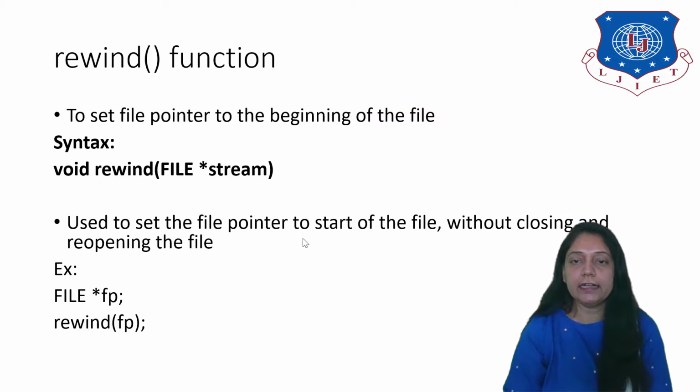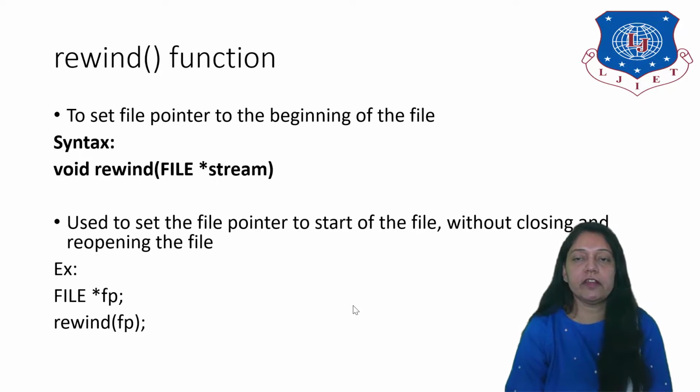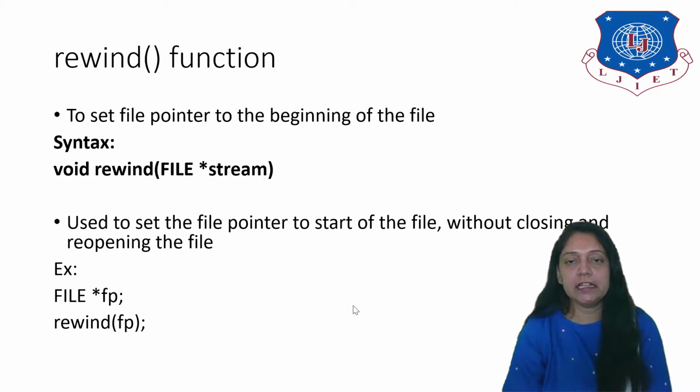But if you want to avoid that, and without closing the file you want to read the data from the start of the file, you can simply use the rewind function. So, the file pointer, and rewind in brackets, simply give the name of the file pointer. It will take you to the starting location of the file. Okay, so this was all about the different file functions which we have seen: how to write some data inside the file using fgetc, fputc, getw, putw, fprintf and fscanf. And we have also seen how to work with file pointers using fseek, ftell and the rewind function.